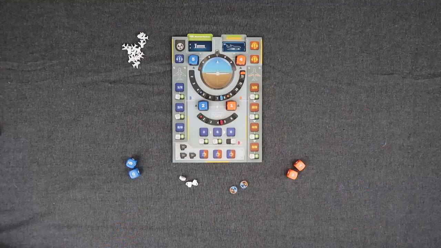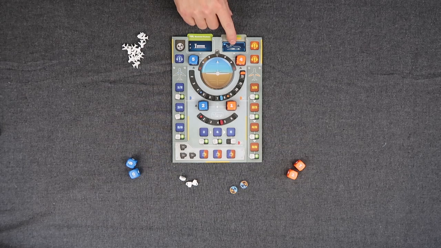In Sky Team, you're trying to land a plane. One of the players is the pilot, the other one is the co-pilot, and the 2 of you are trying to get that plane down safely to the ground. So it's not a big surprise that the requirement to land is that you're on the ground level,